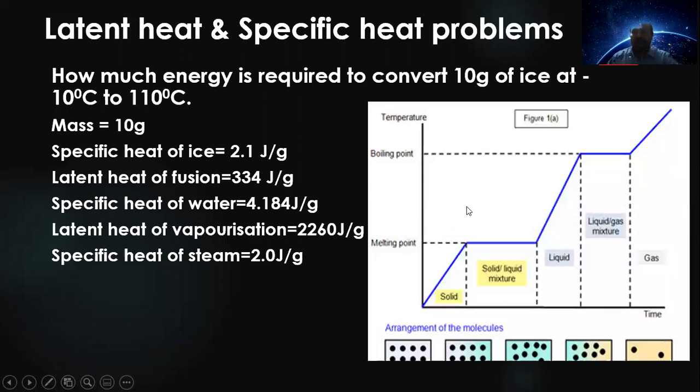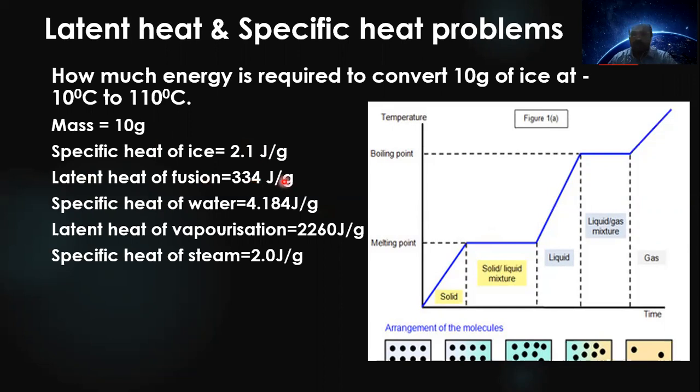Look at this graph. You can see here, this is the melting point of ice, 0 degrees Celsius. And this is the boiling point of water, 100 degrees Celsius. In the calculation, we have to do from minus 10 to 0, first step, how much heat is absorbed using specific heat of ice, 2.1 joule per gram. At 0 degrees Celsius, the temperature will not increase, but heat is absorbed in the form of latent heat of fusion, that is